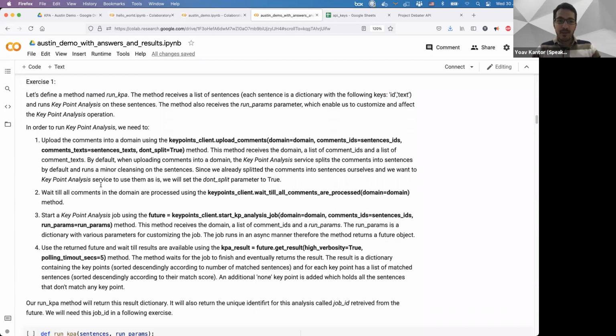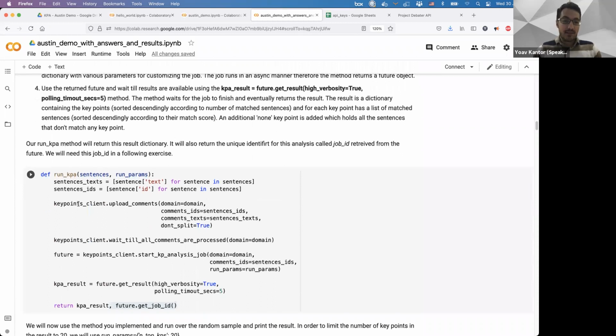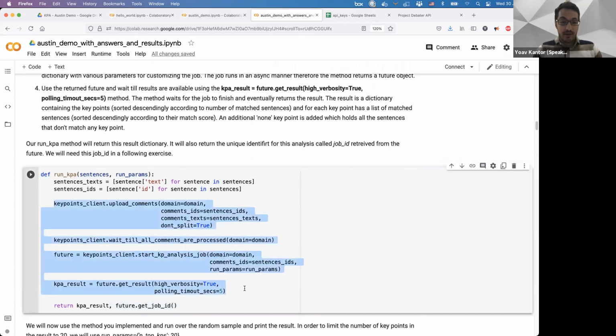When we run key point analysis, there are more or less 4 steps. We take the sentences, first split them into texts and IDs, and then upload the sentences to the domain. Since we already split them into sentences, we tell the system not to split them.